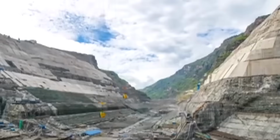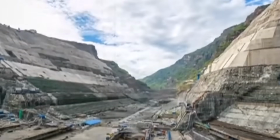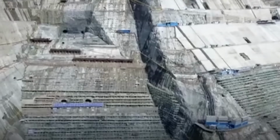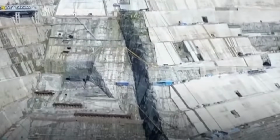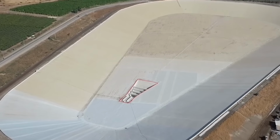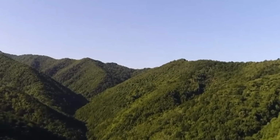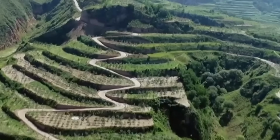Sounds promising. But those are just technical details. What about the construction process? One can say it was far from easy. More than half of the power lines for the project's supporting network were built in the mountains of Nanjing and Zhenjiang. Also, efforts had to be made to avoid damage to the mountain vegetation, and of course a plan was